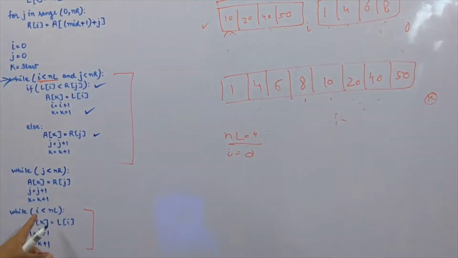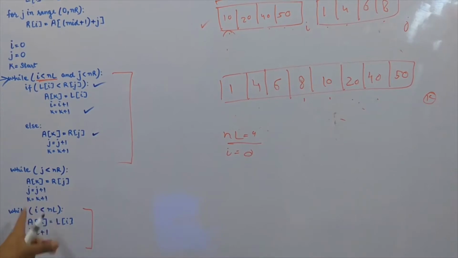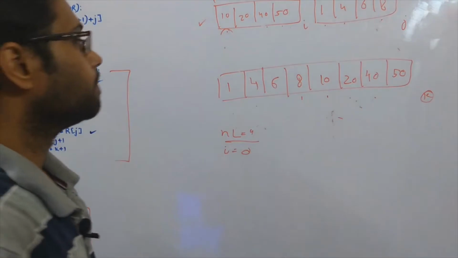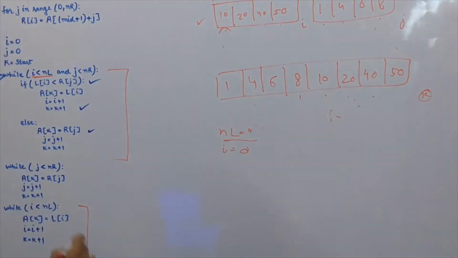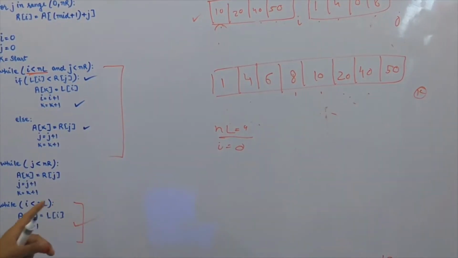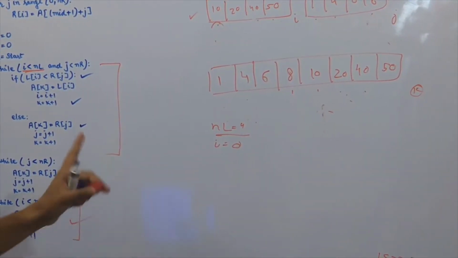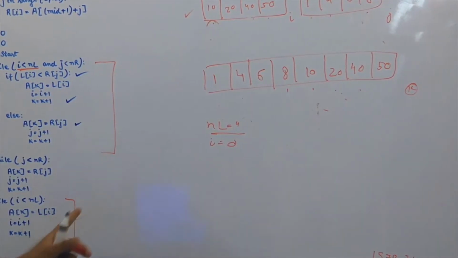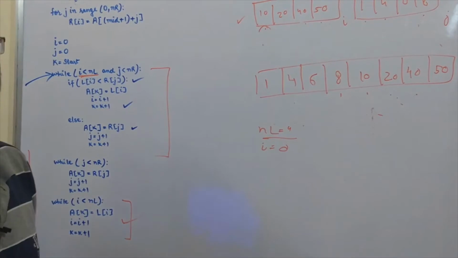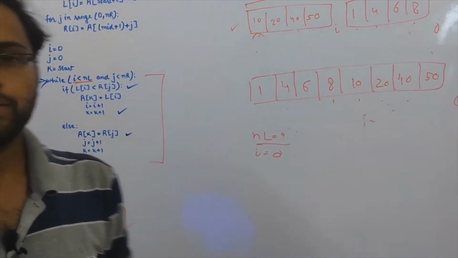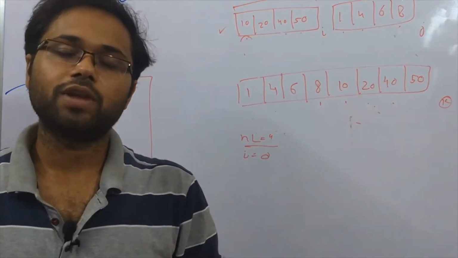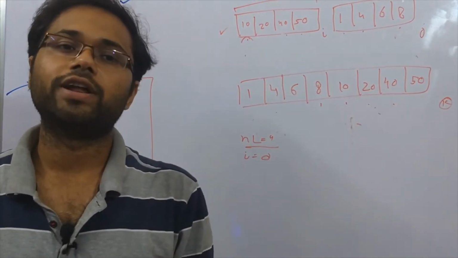Now this condition is breaking. I is less than NL is no longer true. I value is now greater than the length of the array, so this array is already sorted. So what is the purpose? This code is simply copying all the elements that are left. If some elements are left in the right array, then all of the right array will be copied. If some elements are left in the left array, then all of the left array will be copied. Without comparing, as they are already sorted elements, we do not need any sorting. They can be copied directly, they do not need any comparison.